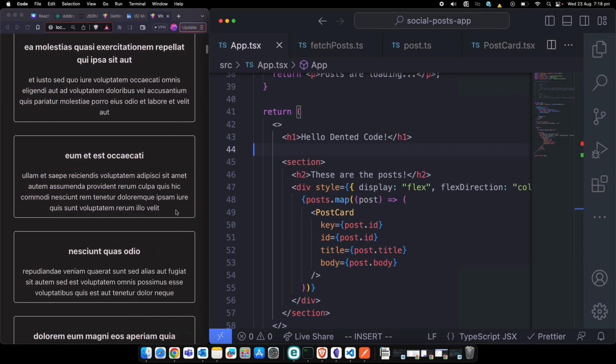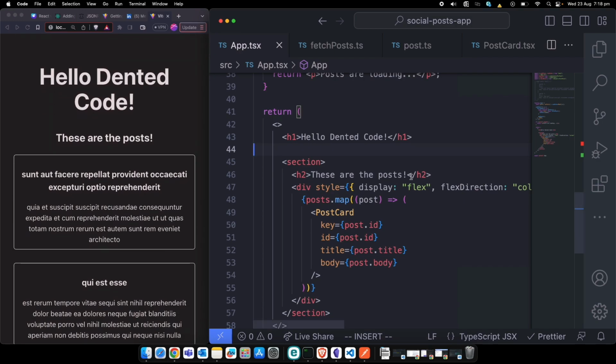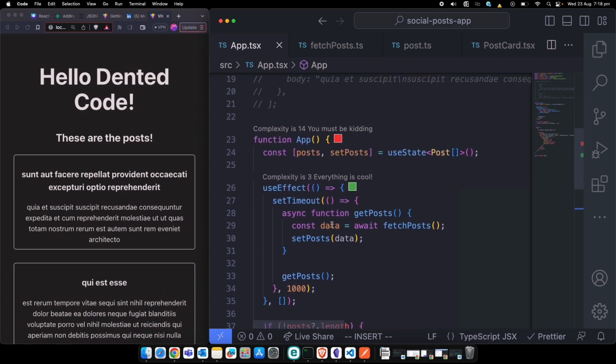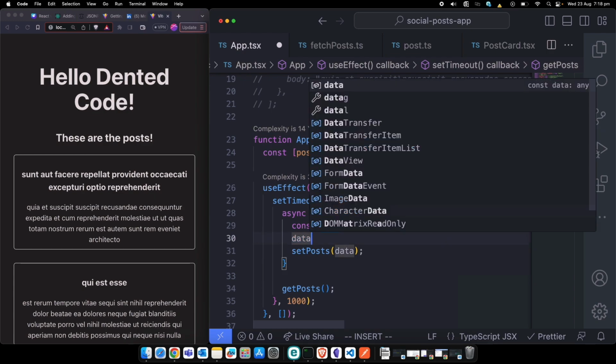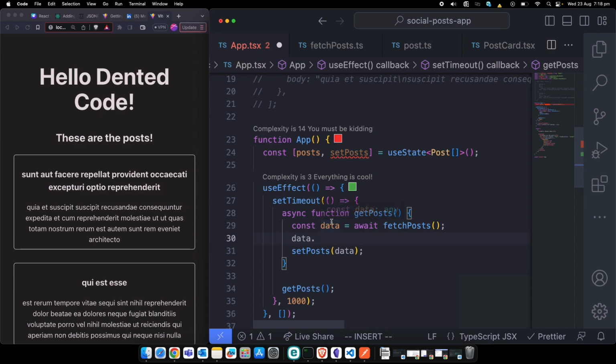Okay, so now you can see all of the posts from the API, but at the moment we don't have any type. Let's say you have a requirement where you need to access something from this data and then change it. Let's say I wanted to get the title here, and then add something to that title. But I don't see any suggestions at the moment, because this data could be anything. TypeScript doesn't know at the moment. So let's see how we can provide types to this fetch post